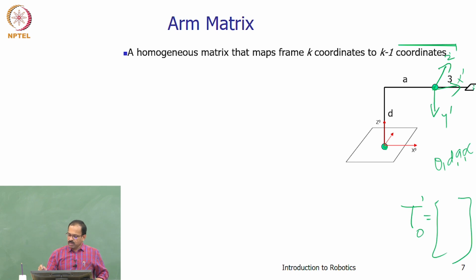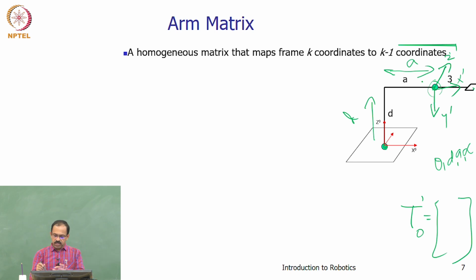And so, up to here also, if there is a coordinate frame here, I will again be able to represent it using these four parameters. So, what are these four parameters and how are they related? How much the coordinate frame moves along the z axis is represented by d. How much it moves along the x axis is given by a. So the coordinate frame can move in this direction and the other axis also, and then it can rotate with respect to its own x or z axis. Theta represents the rotation with respect to the z axis and alpha represents the rotation with respect to the x axis. So you can have two rotations and two translations, which will completely define the displaced position of this coordinate frame.